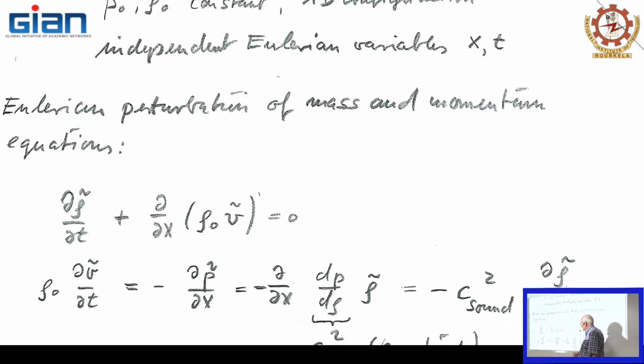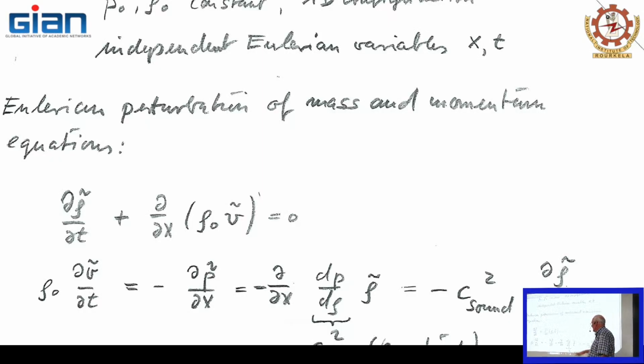Similarly, for the acceleration, the v times nabla v term is not considered because it's a quadratic term in the velocity, and the velocity v naught of the unperturbed system is 0. So we are left with rho naught times the Eulerian derivative of the velocity perturbation with respect to